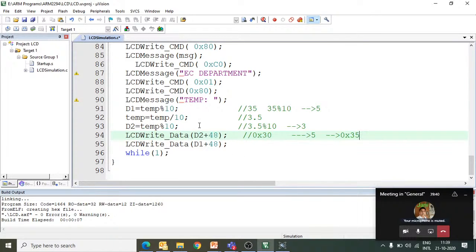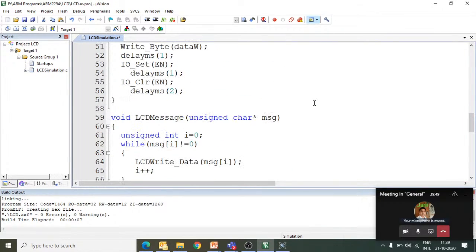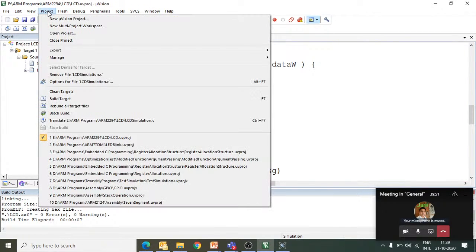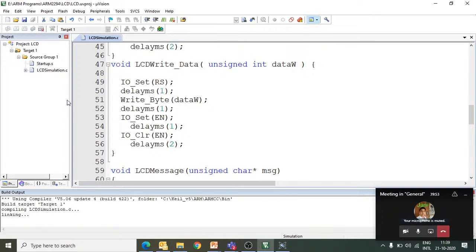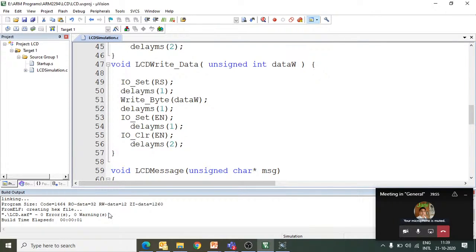This code you will be sending to the LCD, and then you can just go to the infinite loop. This is how you can write the program, and then you can build the program to check whether there are any errors or not. If there are no errors, then you will be able to simulate this program.